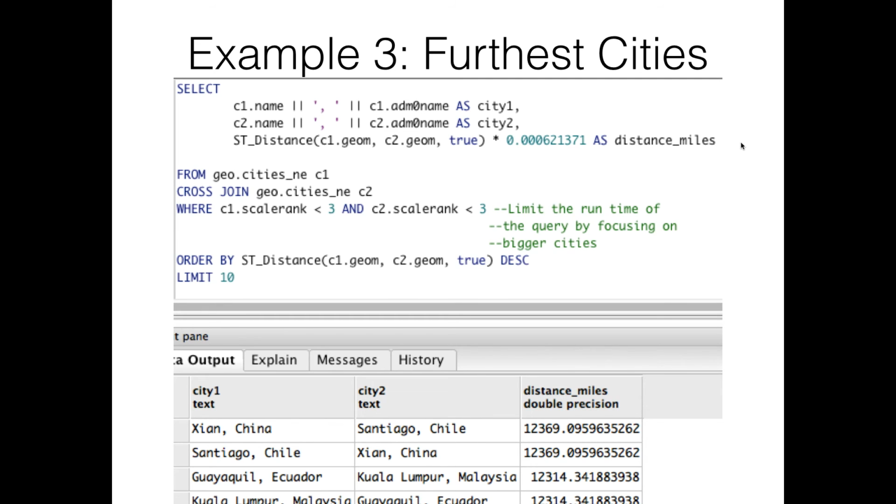And then I cut off the results here. I actually have this query in